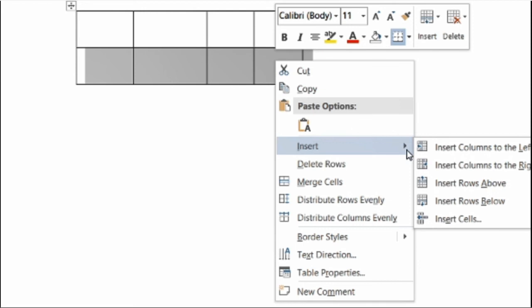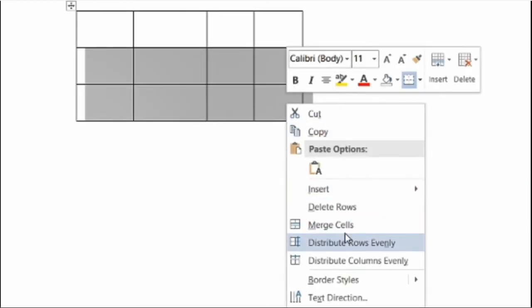But when you want to work with columns, in that case again you right click and you have the insert option here. When you click on this more option of insert, see, now you will get many more options than the previous one. So from here if I click insert row above, see, it got created.